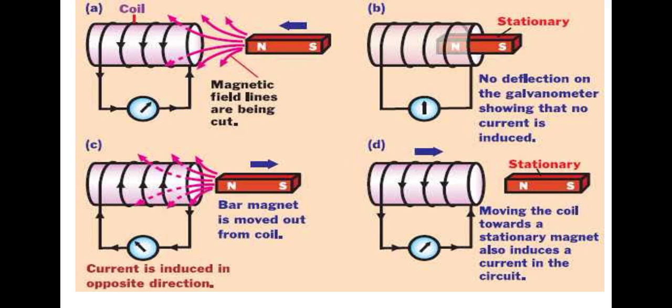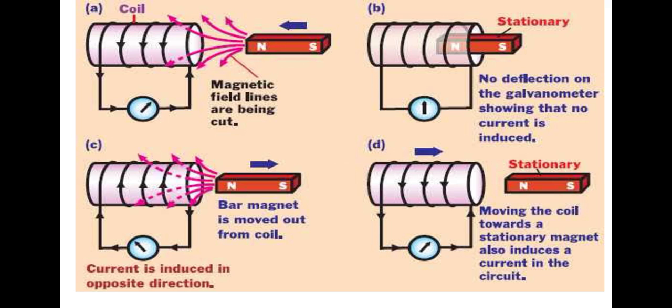Now move towards figure D. Look upon the figure D. In the figure D, when we will place the magnet stationary, means the bar magnet is not moving, it is stationary. But the difference is that we will move the coil. We will move the coil nearer to the stationary magnet. We will move the coil towards the magnet. What will happen? Look over the galvanometer. It again shows some deflection. It means if the galvanometer is showing deflection, it means on moving the coil while the magnet is stationary, still